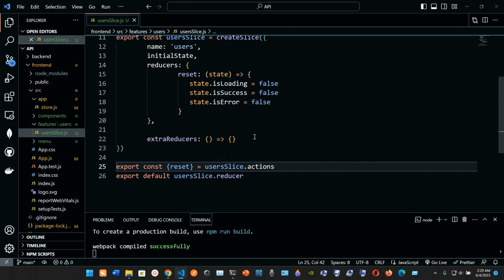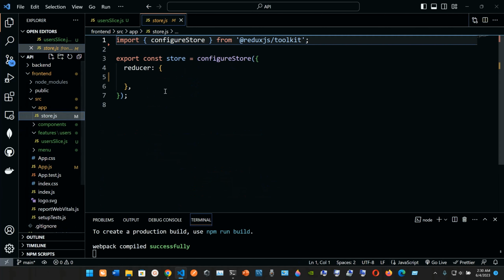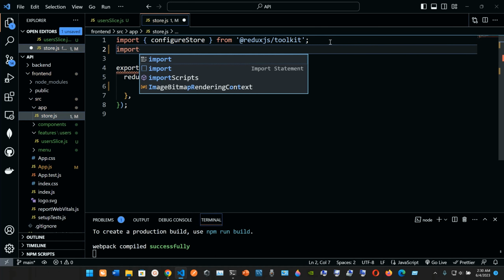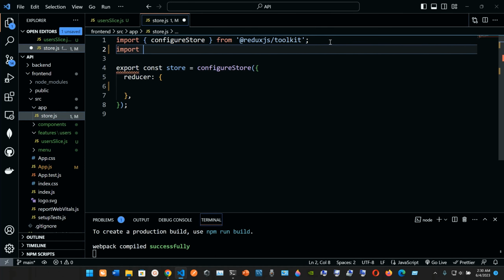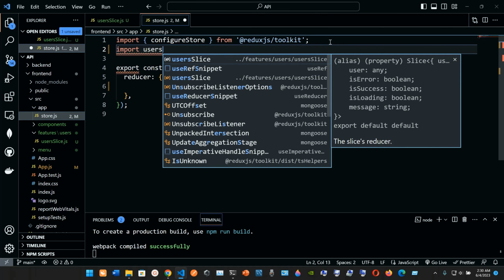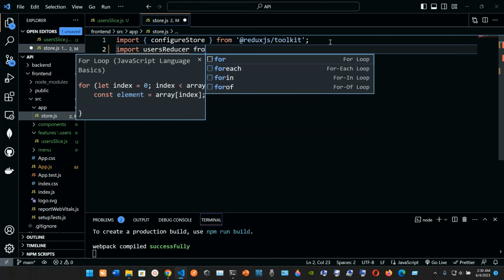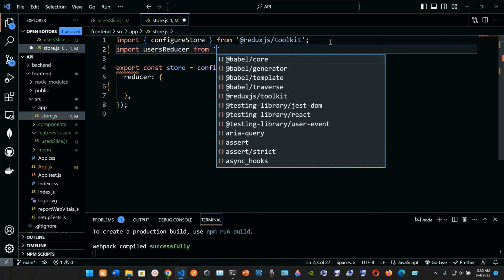Now we were able to export it, but now we have to bring it into the store file that is inside of the app folder. So we can go here, and we need to import it, so it's gonna be import, and we need to import the reducer, so it's gonna be usersReducer, like this, and we are gonna bring it from, let me see,